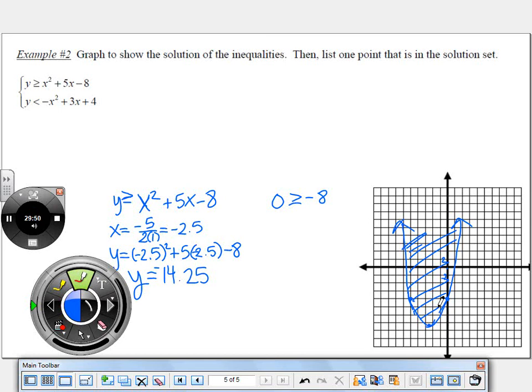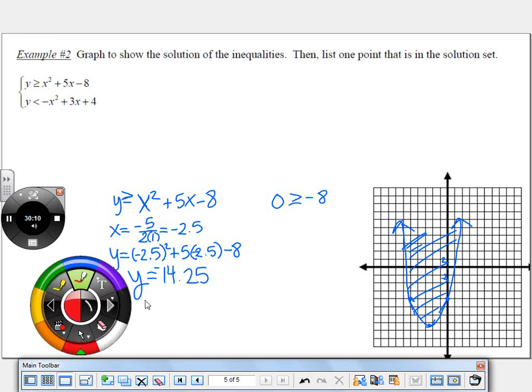No, shading is the same for greater than or equal to or greater than. It's the boundary line that would be drawn differently if it wasn't equal to. It would be dashed instead of solid. Okay? All right, so the next inequality